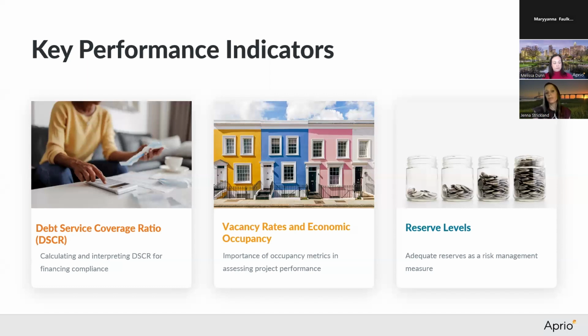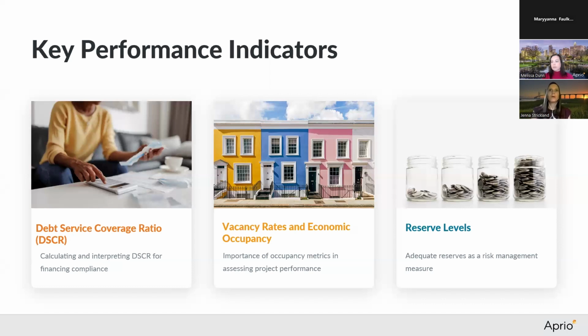Next, we've talked a lot about vacancy rates and occupancy rates. When you're looking here, you really want to look at how the project is performing based on your expectation. So typically, just broadly, we're looking at occupancy rates. We want those to be higher than 90%, which means your vacancy rates are 10% or less. But based on your own property, you might have different expectations. If this is coming out of construction, obviously those numbers are going to look a lot different. If you've recently increased your rental rates, those numbers might be affected.